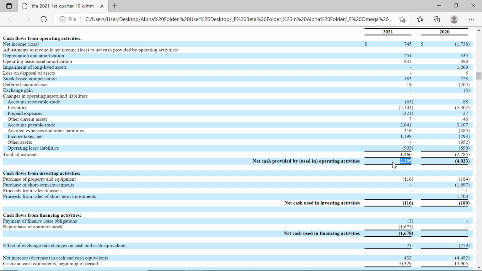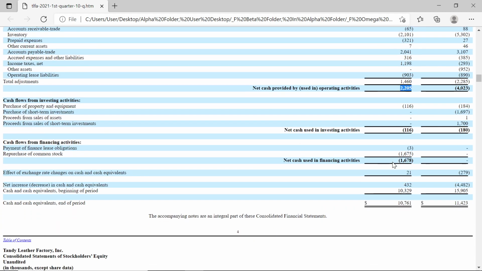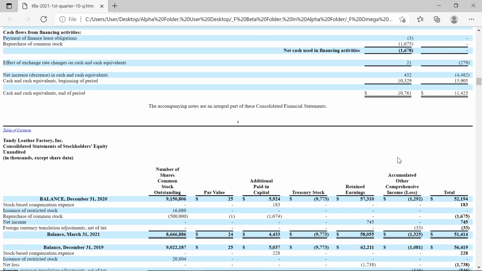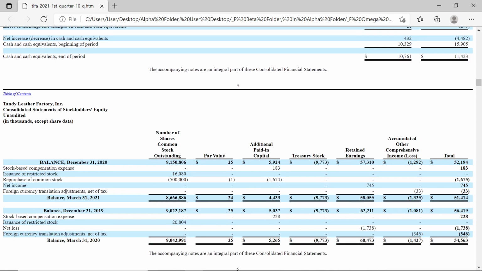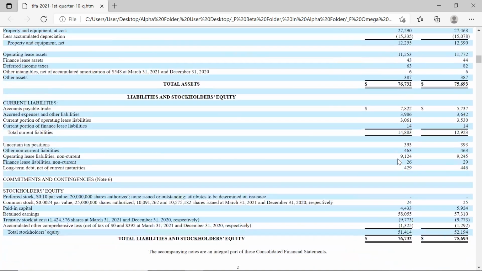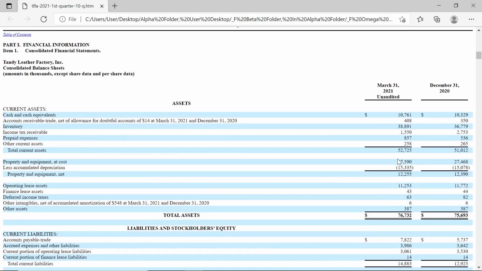But you can still see what happens in the net cash provided by operating activities. So they actually brought in 2.2 million into their coffers and added that to the treasury. So we saw how to read the statement of income, the statement of cash flows, and of course the balance sheet,